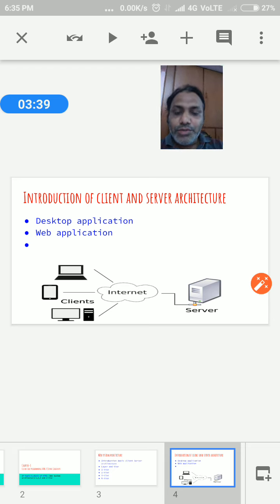It means from the computer or the client you can easily access any application from the server. For example, I take one example suitable for both desktop and web application: your C programming. First we discuss the example of a web application. If you want to execute a C program on the web, you simply type online C compiler and execution on Google and hit enter.